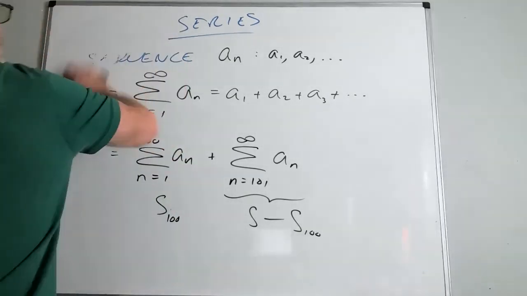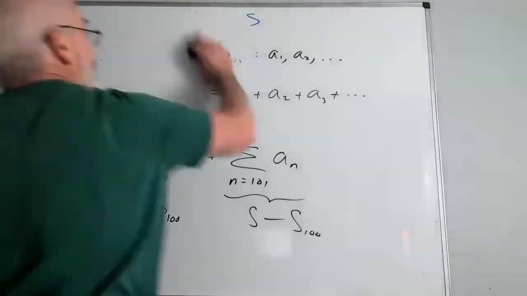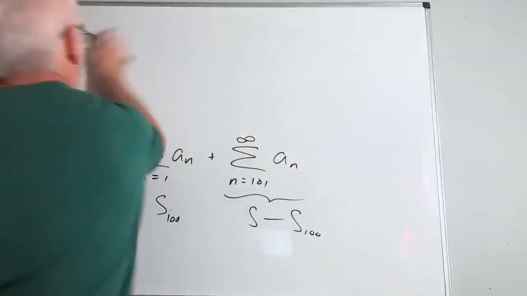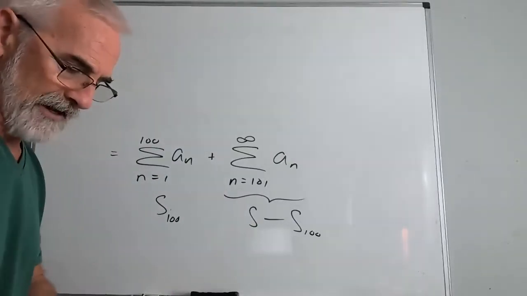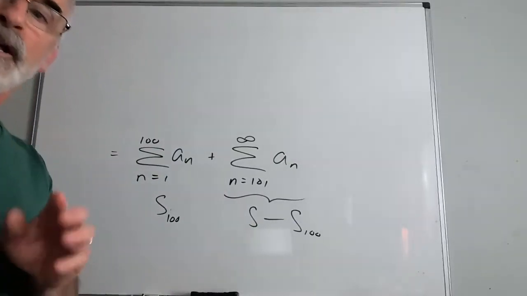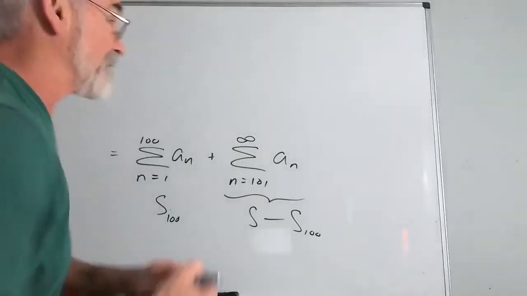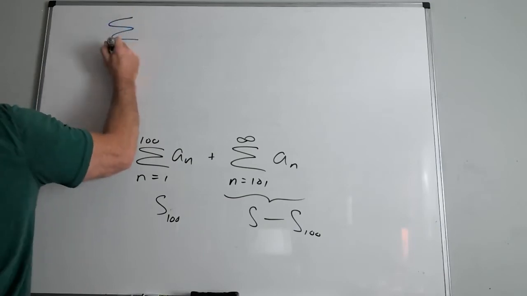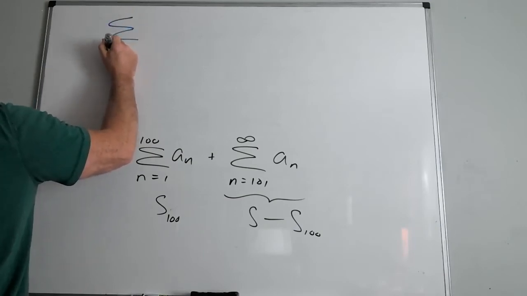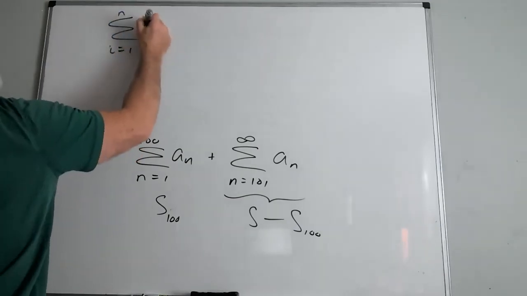So I want to go over a couple other very, very simple rules of series. These are things that you probably saw in a baby algebra class. I mean, they're not really complicated concepts. So we'll start with the partial sums just to make it simpler. Consider the partial sum from, let's say, i equals 1 to n of a_i